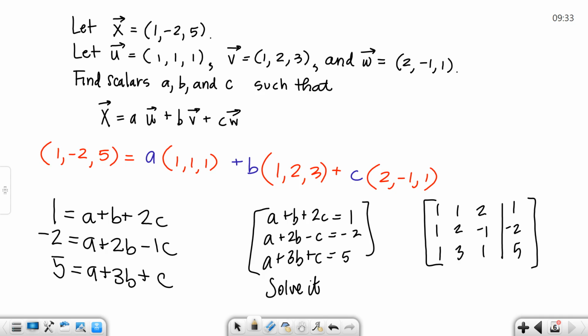Now, later on, at the end of this section, you're going to set these up just like this, and I'm not going to say what's A and B and C. I'm going to say, does it have a solution? And if I ask you that question, all you have to do is take the determinant of it. You don't have to solve it all the way out. All right, so this is your homework